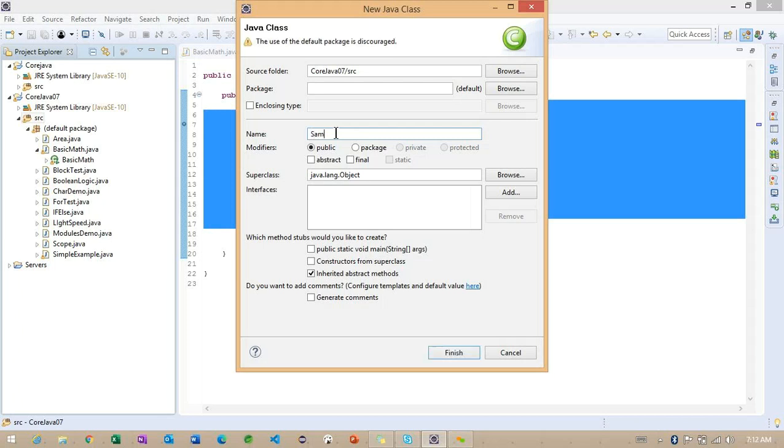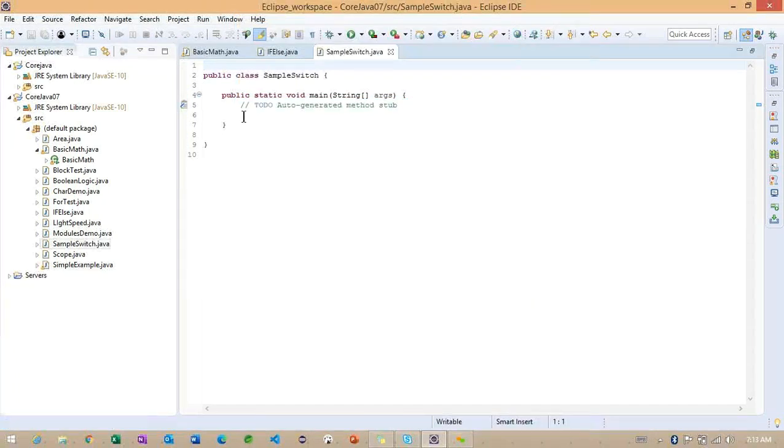So simple, how we can use the syntax to work with the switch cases, right? To work on the switch cases, first what we need to do is create one more class here. The name of the class I want to create is sample switch, and we can check this checkbox to generate the main method.